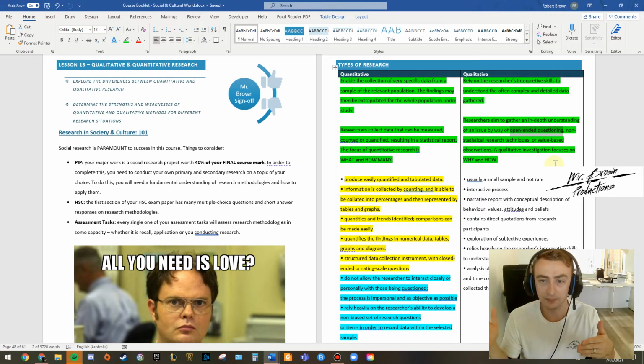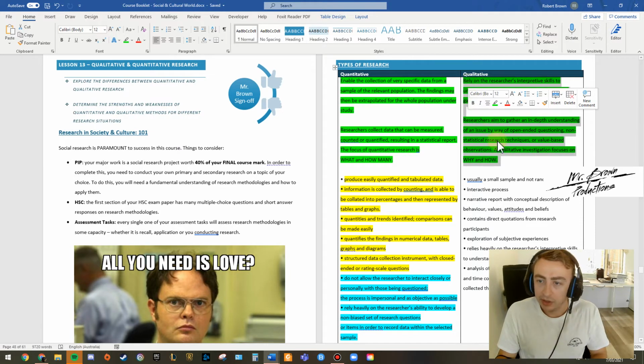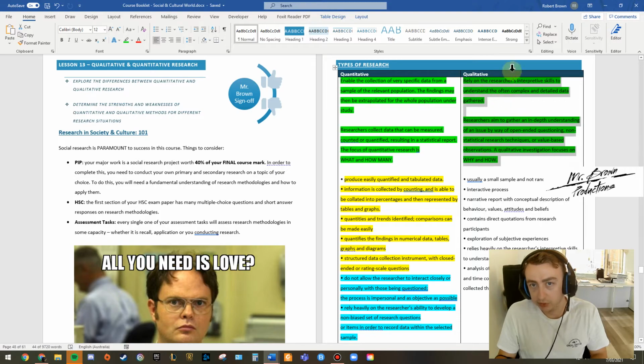Whereas in quantitative, you're purely focused on the number and the statistic of it. Whereas with qualitative, again, we're more in depth. So you have those open-ended questions, whereas with quantitative you have the closed-ended questions, the yes or no or rating type questions. So those are the two descriptors that pull apart